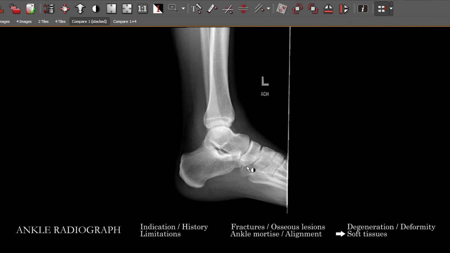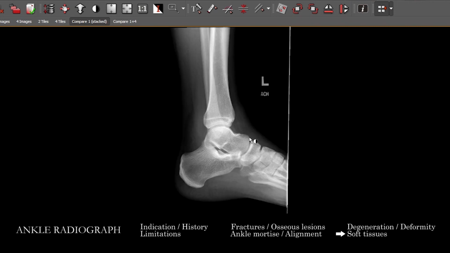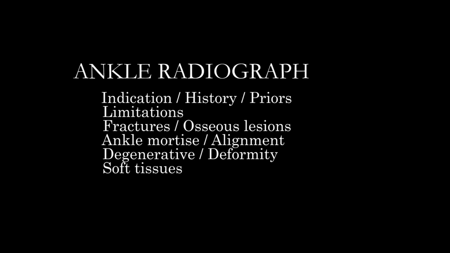and then ultimately on these views, we're going to make sure we take a look at all the soft tissues carefully, in particular looking for an effusion at the ankle, which you can kind of see as displacement of this fat anteriorly and with soft tissue density, and kind of a convex shape posterior to that fat pad. And then for all these, we're going to make sure that we take a look at the edges of the study again and correlate any findings we see across the differing views, and that basically covers an approach